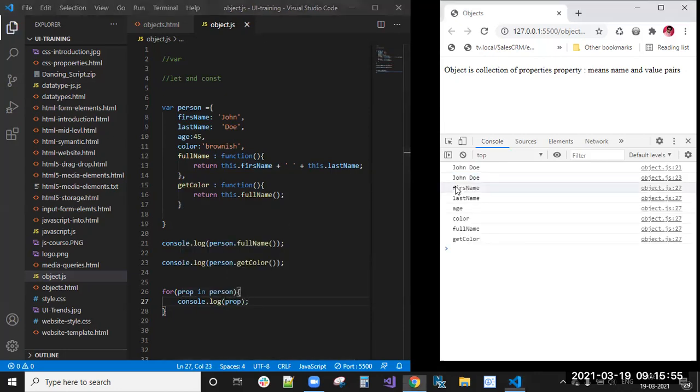Now you can see here first name, last name, age, color, full name, get color. All these property names are there, right? We are getting all of these.